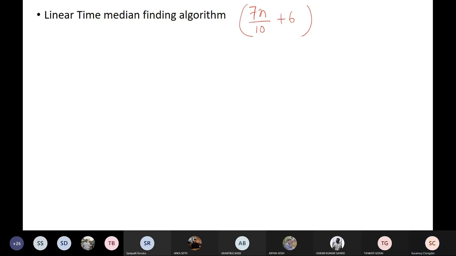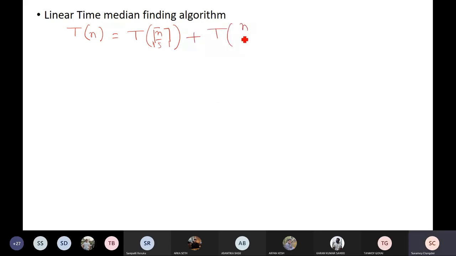Therefore, we can write the recurrence as T(n) equals T(n by 5), because for all the n by 5 groups we have to find the median of medians, plus T(7n by 10 plus 6) plus,